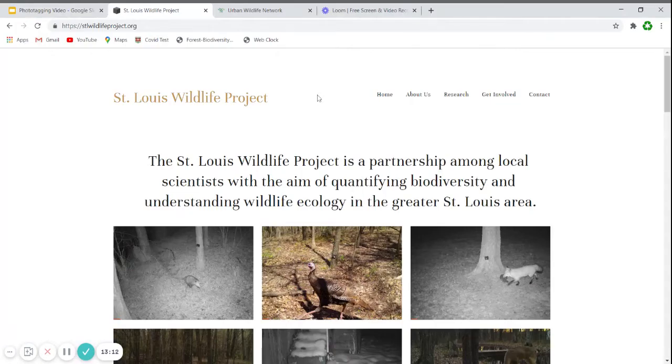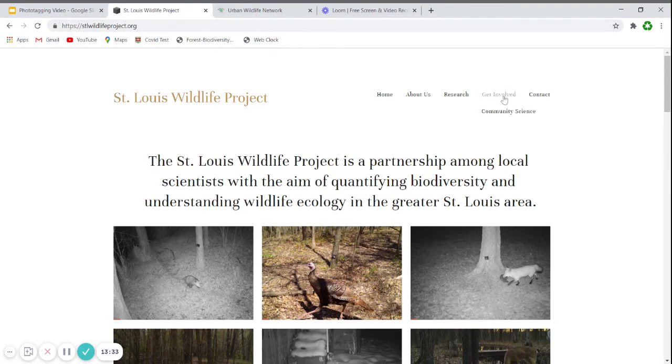So those were only a few of the species you will be seeing as you tag photos for our project. But we recommend before you officially start tagging, you read up on all the other species you'll find in this area, as well as some of the defining characteristics that help you identify them. To do that, you can go to our website,